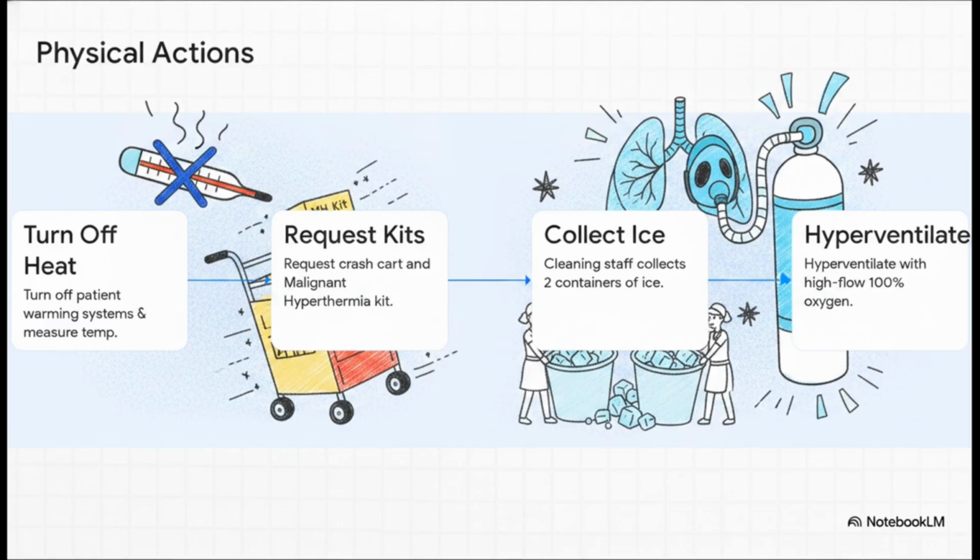Step 5. Instantly turn off any patient warming systems and begin actively measuring core body temperature. Step 6. Request the code blue crash cart and the dedicated malignant hyperthermia kit. Step 7. And this is wild. The protocol specifically tasks cleaning staff to frantically collect 2 massive containers of ice. And Step 8. Hyperventilate the patient with 100% high-flow oxygen at 10 liters per minute. The team is basically blasting high-flow oxygen into the lungs while physically scrambling to chill the room and the patient's